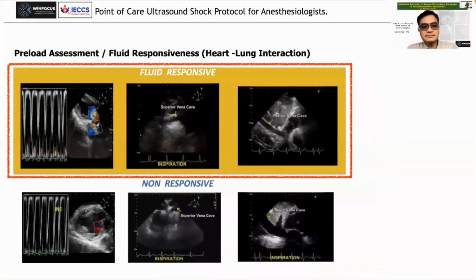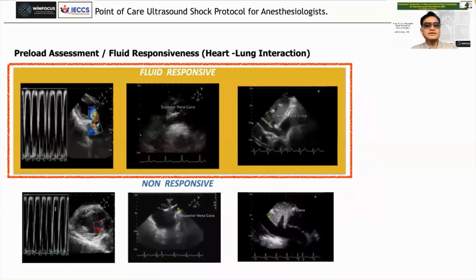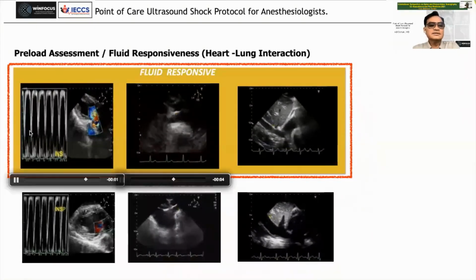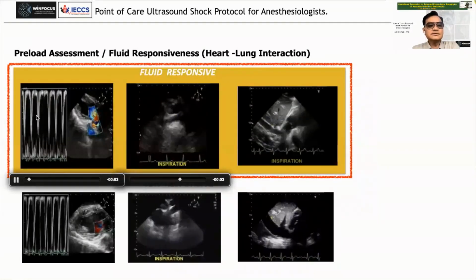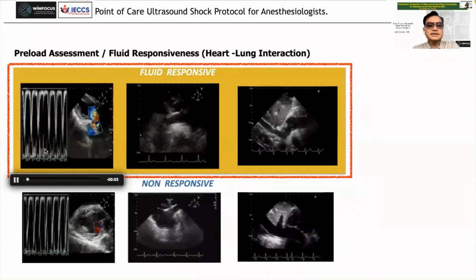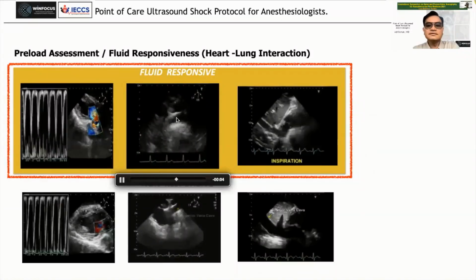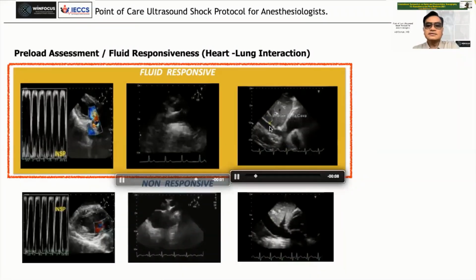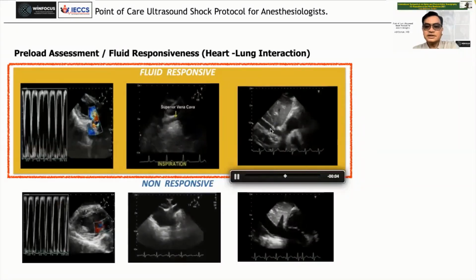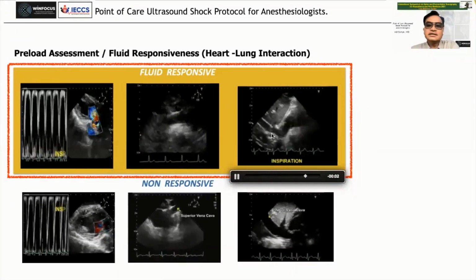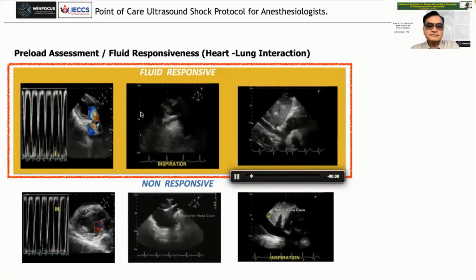To give an example, this is a patient who is fluid responsive. You can see the variation during inspiration and expiration. This is the superior vena cava. Of course, this is TEE, transesophageal echocardiography, right? And this is the IVC, right? And you can see there's a variation during inspiration and expiration, meaning there is an IVC variation and also the